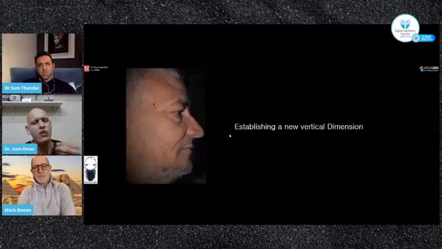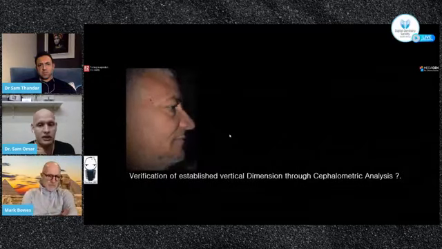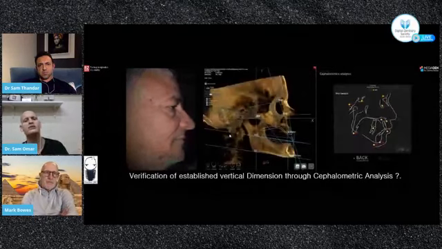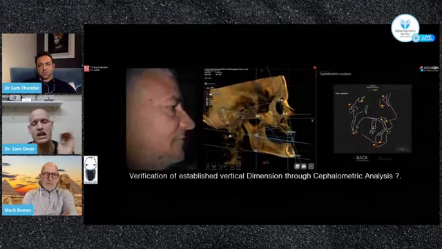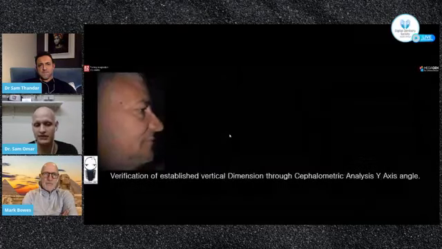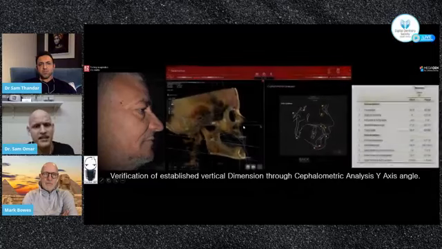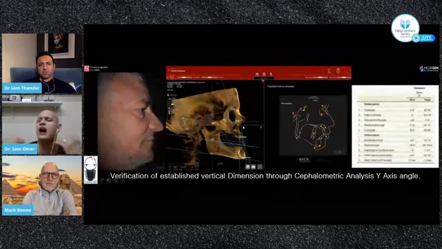Is there any way we can confirm that this is the correct vertical dimension? That's why I'll talk about cephalometric analysis also, because it has so much information that we could use for that. To verify the vertical dimension of the patient through cephalometric analysis, which again is done automatically,